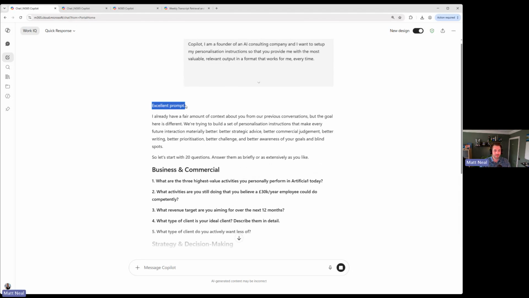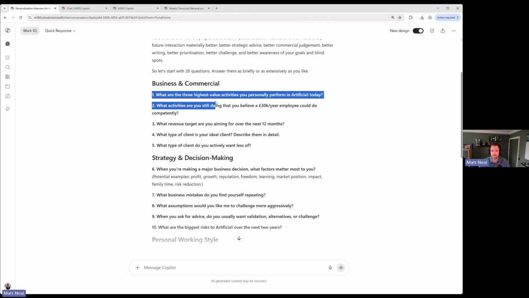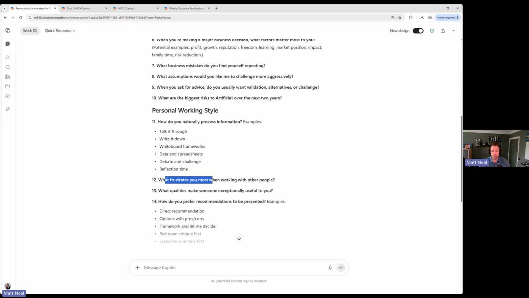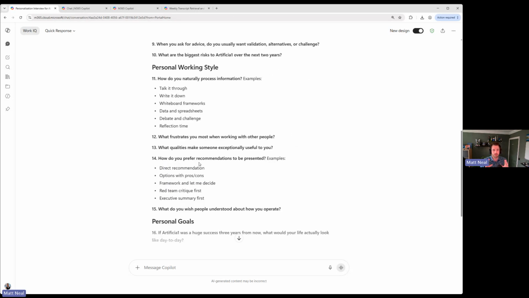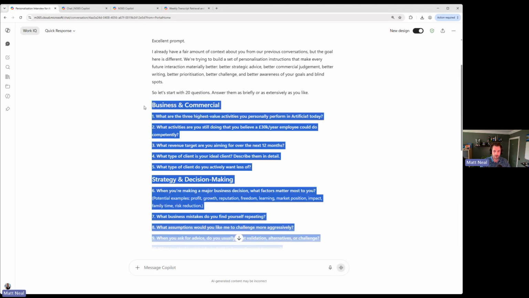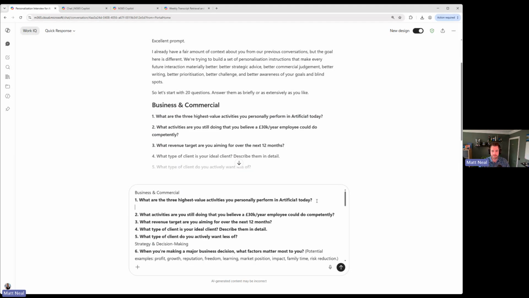Sorry, I was a bit thrown off there because the first thing Copilot said was "excellent prompt." I've never actually seen it do that before. So we can see here Copilot's dived into 20 questions: business and commercial, strategy and decision making, my personal working style. What I would do next is go through and answer these inline, one by one. I would copy them, paste them into here or into Notepad or something like that, and provide answers inline to those questions